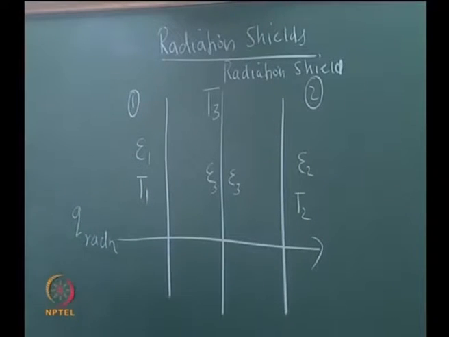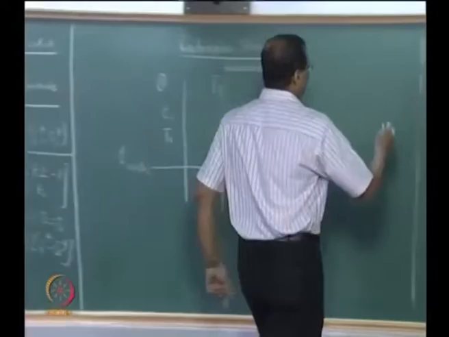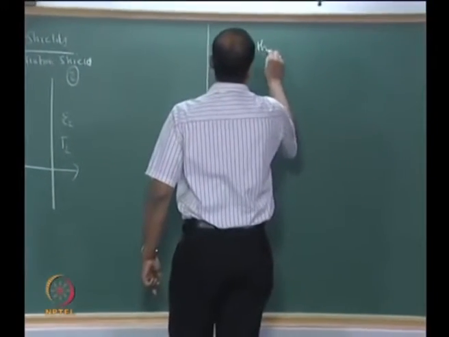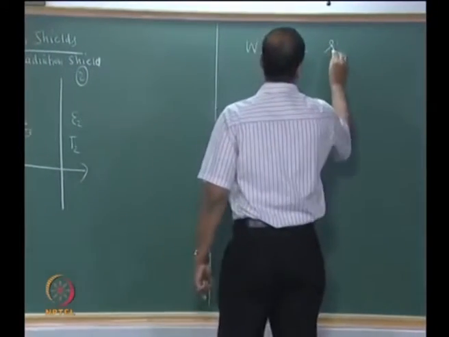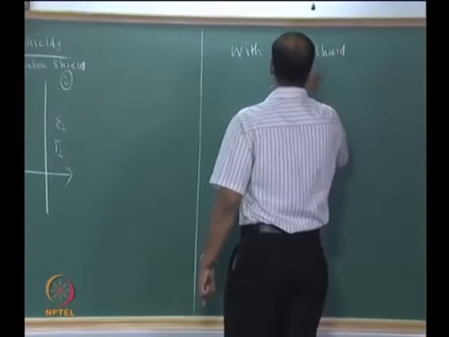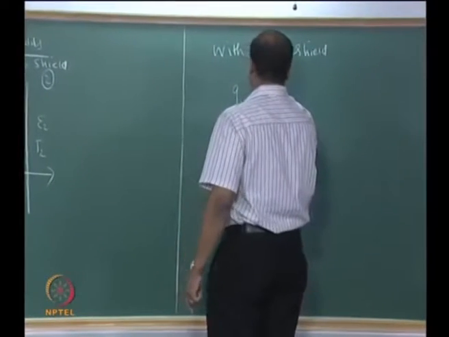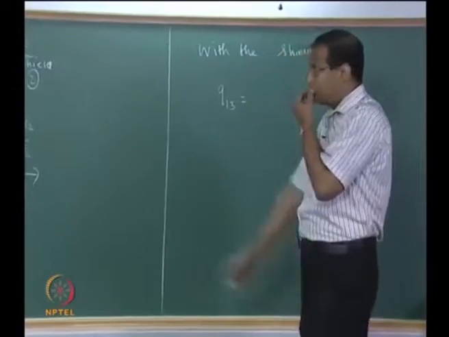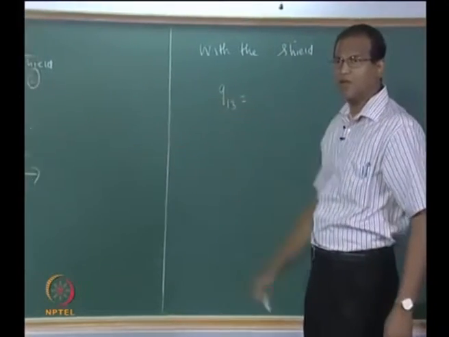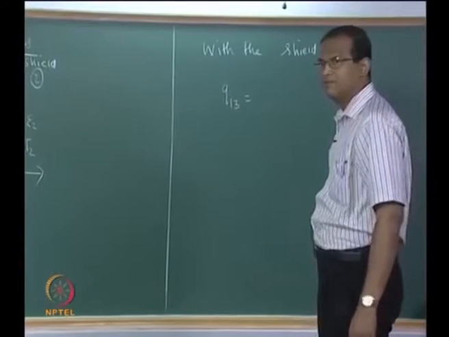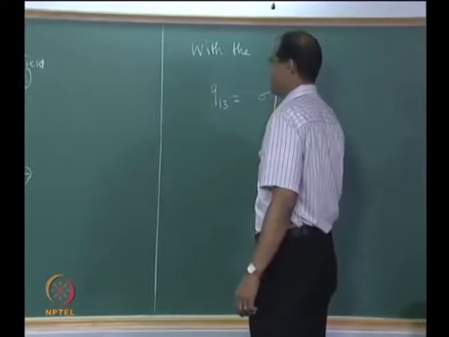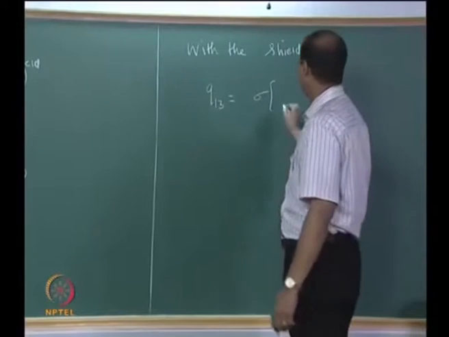So is the configuration clear? Now the challenge is to come up with a mathematical expression for Q with the shield. Q13 can be written, from the parallel plate formula, as sigma T1 power 4...